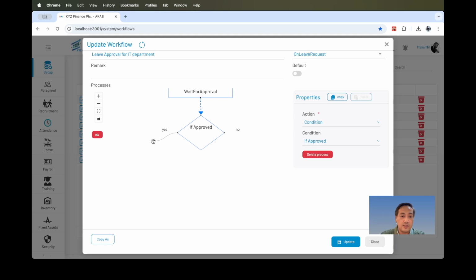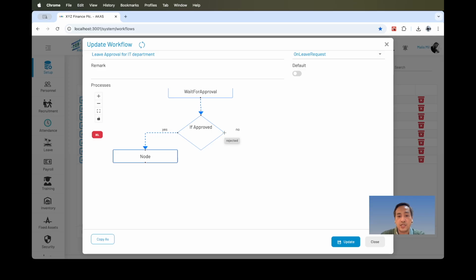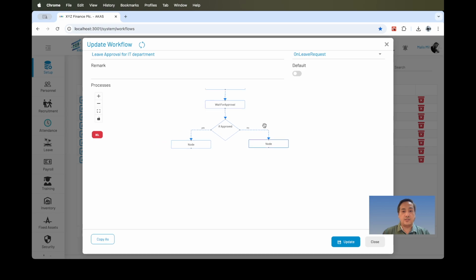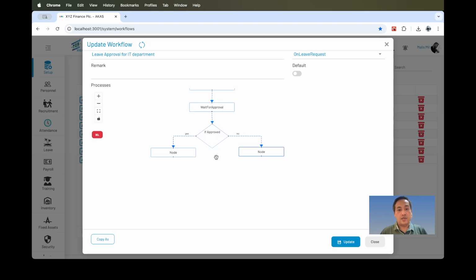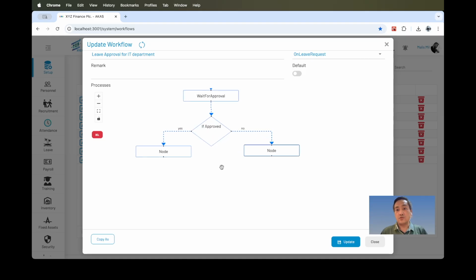then it will execute this line, or if it was rejected, then it will execute this line, right? So it's like a standard workflow you draw using some tools, right? But this will do the actual actions. So we continue with yes here. If yes,